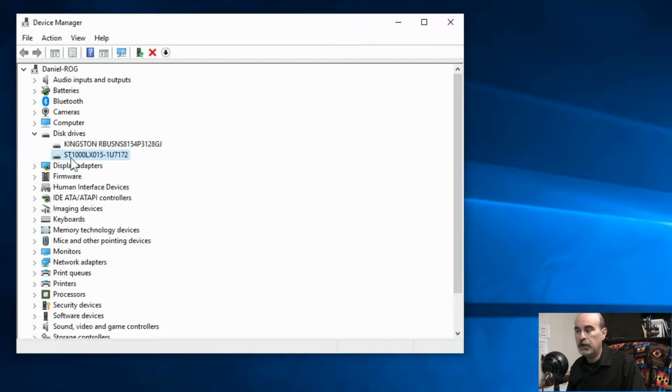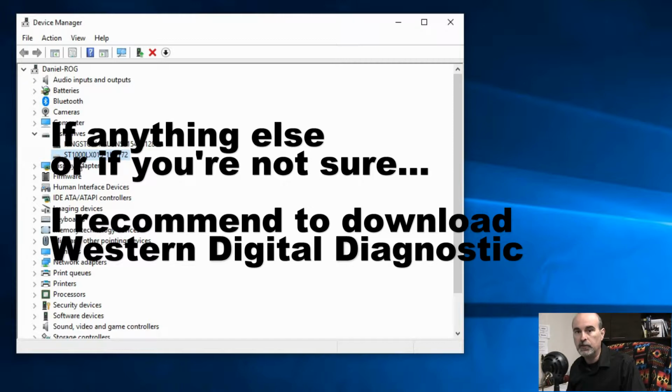But I find that even if it's one of the other brands, if it starts with ST, you can safely download and use the Seagate tools and get some good results from that. But if it starts with a WD, that's Western Digital, or a WDC for Western Digital Corporation, then you'd want to get the Western Digital tool.